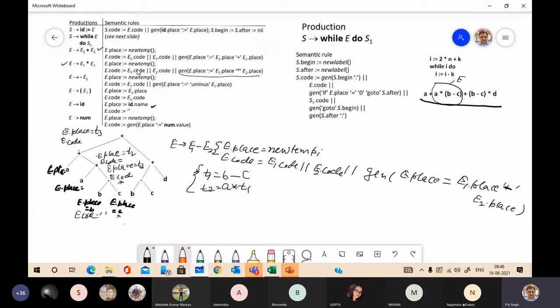Now E1.code followed by E2.code, then it will generate the three address code containing E.place. E.place you have just computed, T3.